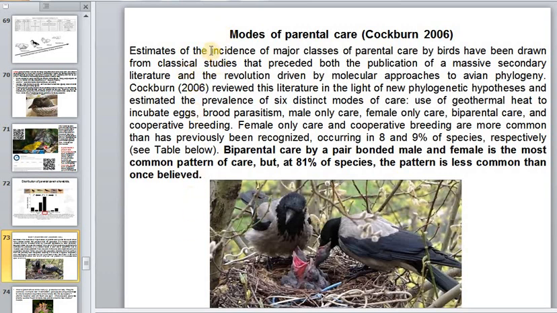incubator. Incidence of major classes of parental care by birds have been drawn from classical studies that presented both the publication of the massive secondary lecture and the revolution driven by molecular approach to avian phylogenetic. And here we see this biparental care by pair, bonded male and female is the most common pattern of care, but almost 81% of species